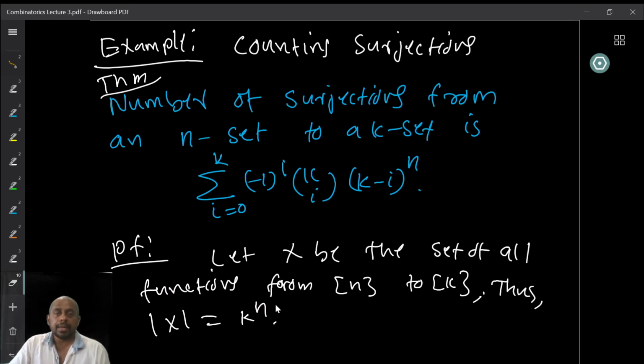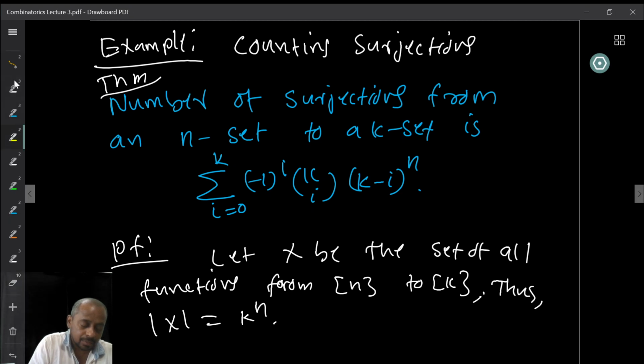So earlier we were looking at the surjections, right? So the surjections from an n element set to a k element set, how many are there? So the number of surjections from an n element set to a k element set, now I say, is given by the summation i equal to 0 to k of minus 1 raised to i, k choose i, (k minus i) raised to n. Okay, so this is the formula that we have.